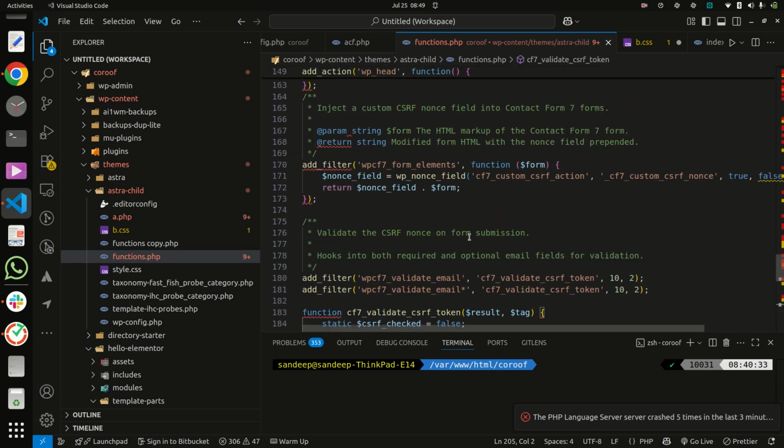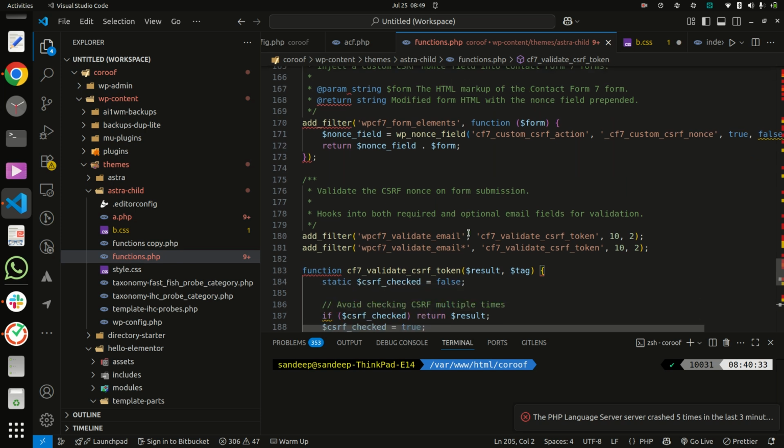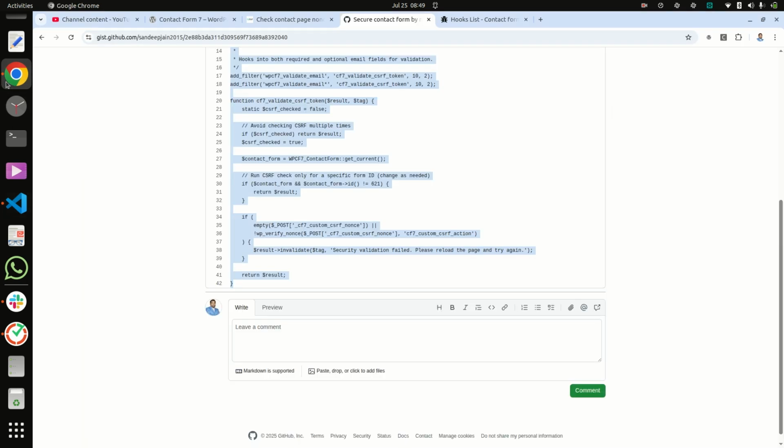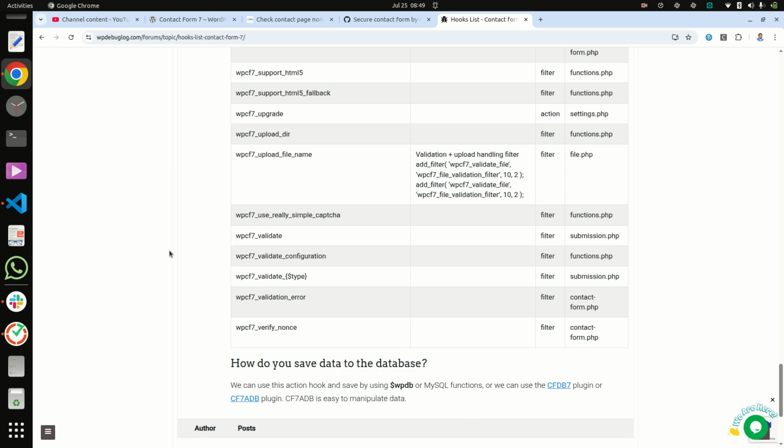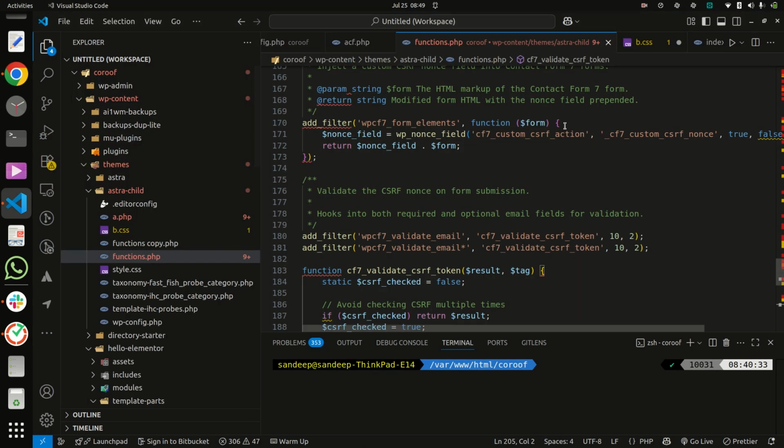Inside that I use two filters. These filters are provided by Contact Form 7. In the first filter I use wpcf7_form_elements, and inside that I add the nonce field here, and now you can check.